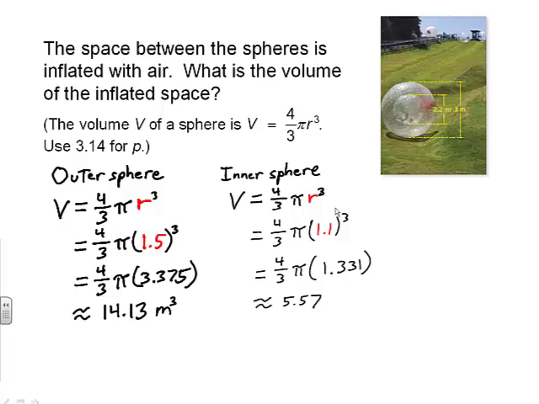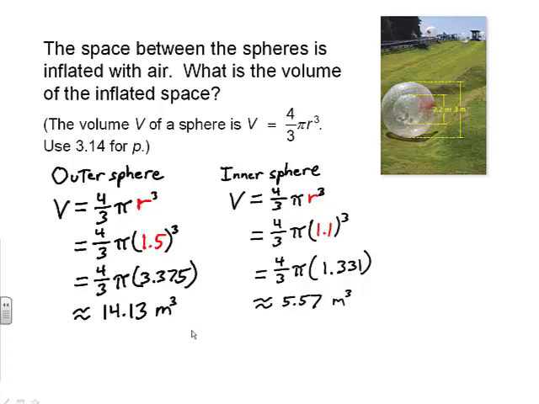Here's what you should have. When you substitute for the radius, it should be half of 2 2/10 meters, so it should be 1 1/10 meter. Then you should evaluate 1 1/10 to the third power, and you'll get 1 331 thousandths. Now you can evaluate 4/3 pi times 1 331 thousandths, and when you substitute 3 1400ths for pi, your answer will be approximate, and you get 5 57 hundredths. Because the diameter was given in meters, the volume should be in cubic meters. So the inner sphere has a volume of 5 57 hundredths cubic meters,